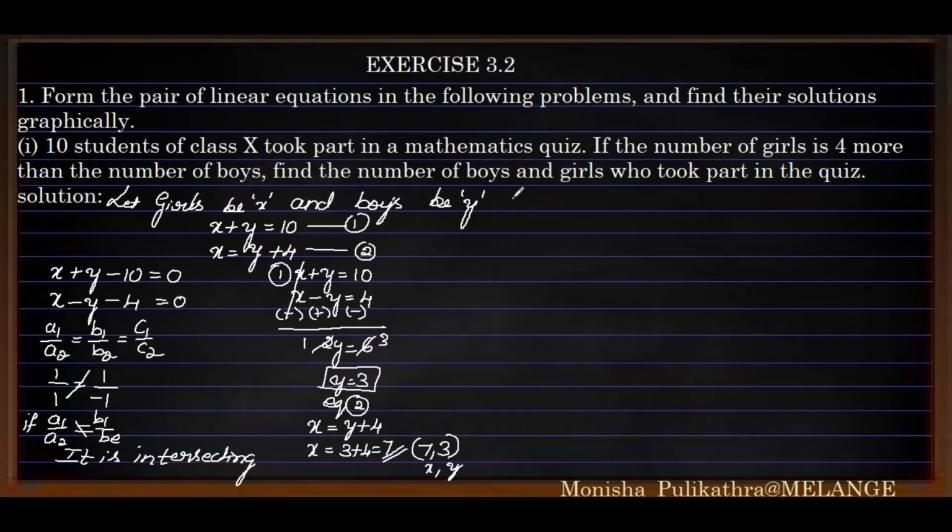Next we need to find the points for plotting. So the first equation is X plus Y is equal to 10. We have to rearrange it in the form Y is equal to 10. I will be shifting X to this side, so 10 minus X. Next, the box for points.